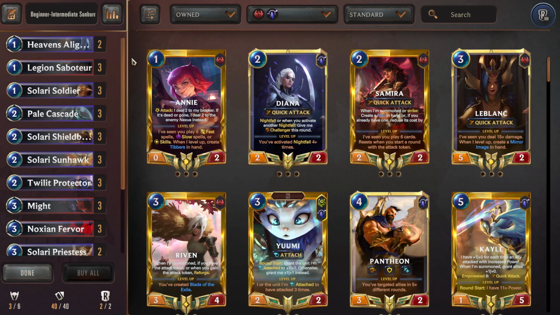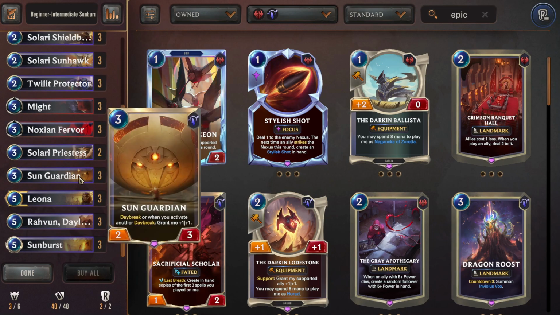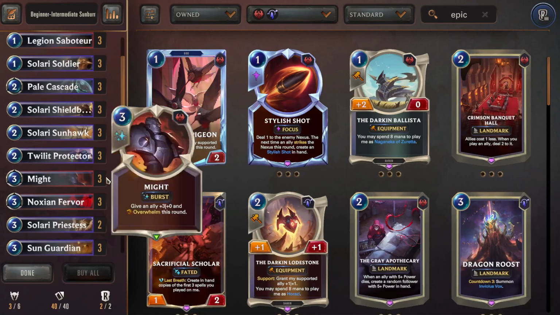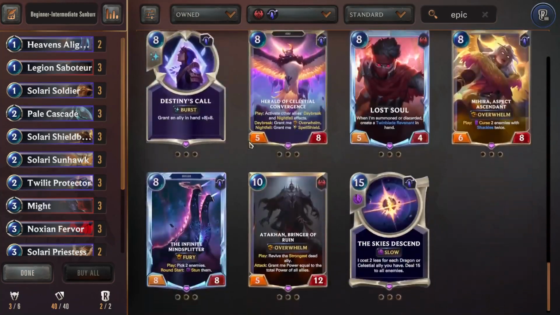This deck is pretty heavy on the epic side if you want to play the full refined version though. There are a couple epics to consider outside of this list. I wanted to make sure this one's super budget, so it's only commons and rares. The only epic that's required is Sun Guardian. So he's in here at 3 of, and that's going to be a little bit more costly. But some more epics to consider is Crimson Pigeon over Legion Saboteur, so write that down. And also the...